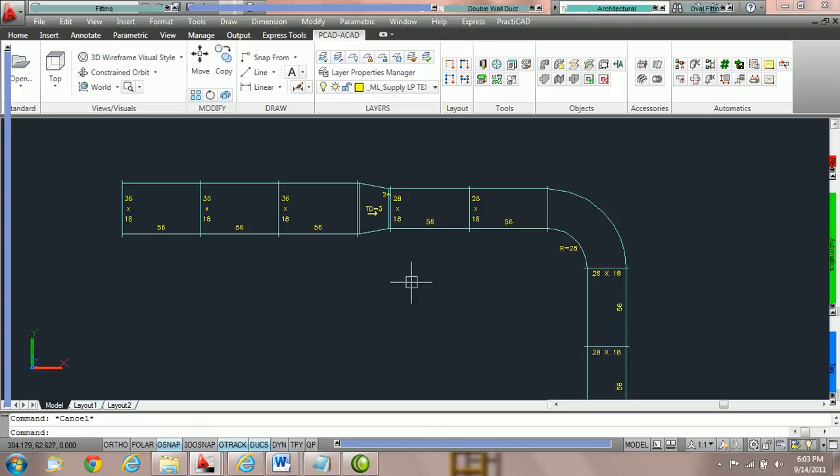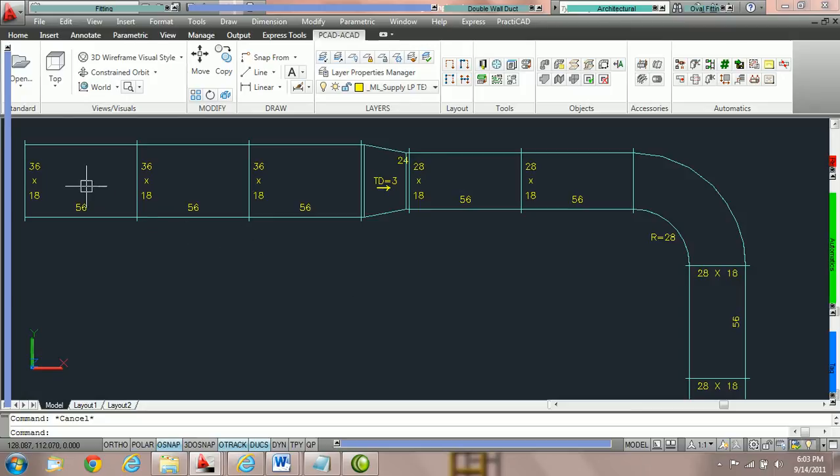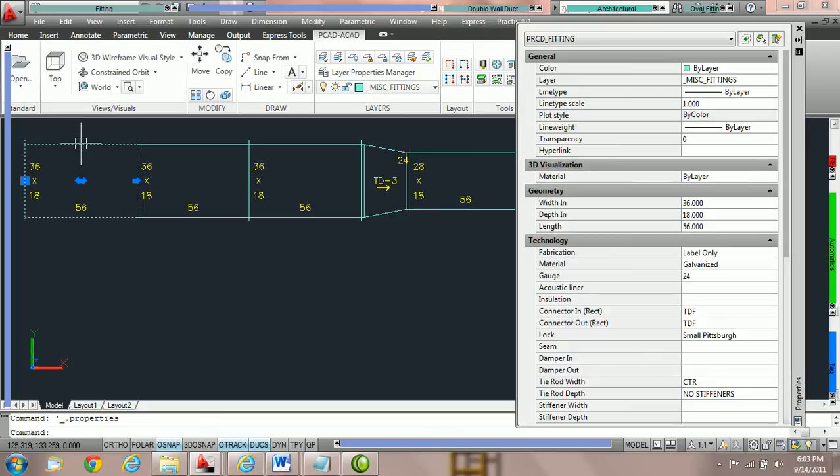How to use your change duct size at transition option. Practicad gives you the ability to make sure an edit will either carry up to a transition and stop or carry through the transition to the fittings afterwards. For example, if we double click on this fitting in the beginning of the duct line and take a look